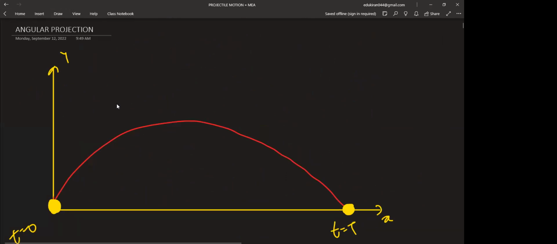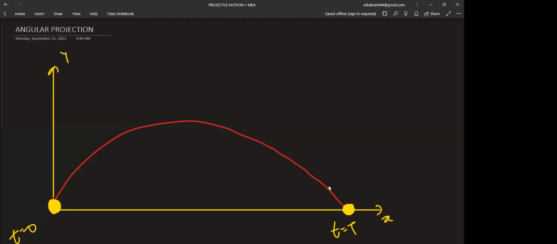Now, yes, I was saying horizontal we'll do afterwards. First, we'll get ourselves clear with the angular projection. If we are thorough with the angular projection, we'll be able to manage everything very easily in the horizontal projection. Because if you are able to do something with a difficult angle involving trigonometry, the simple algebraic part is easy. Now, one thing you have to remember before we start with anything, a projectile motion is what, all the conditions and everything I'll tell you. But before that, just one thing.